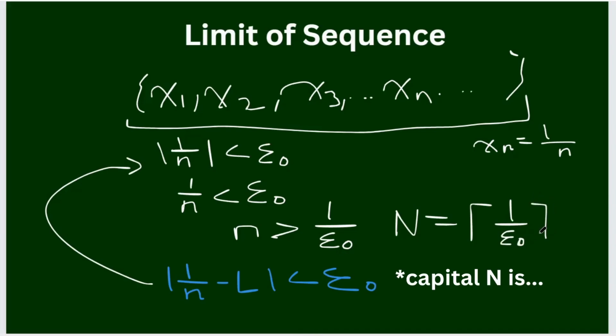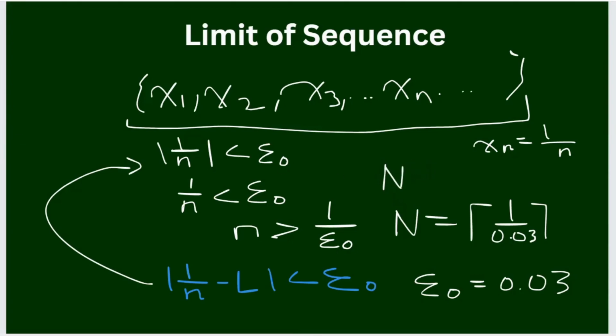In other words, n is equal to the smallest integer that is greater or equal to 1 over epsilon 0. Let's give an example of epsilon 0 equals 0.03. Well, if epsilon 0 is equal to 0.03, then n is equal to the ceiling of 1 over 0.03. And therefore, you would get that n is equal to